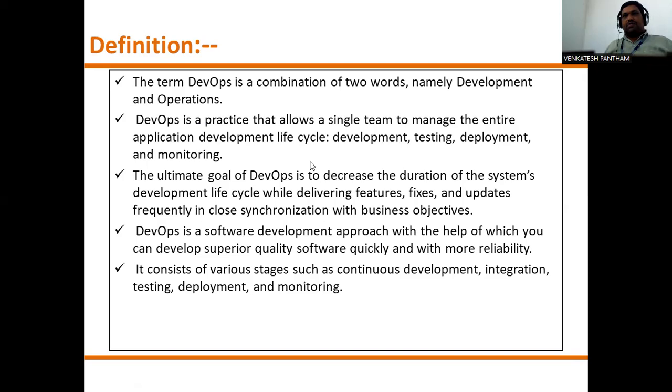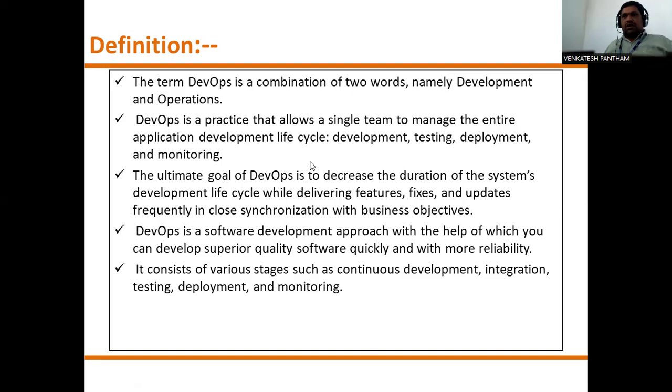Now, with DevOps, the ultimate goal is decreasing the duration of the system's development lifecycle while delivering features, fixes, and updates frequently, in close synchronization with the business objectives.